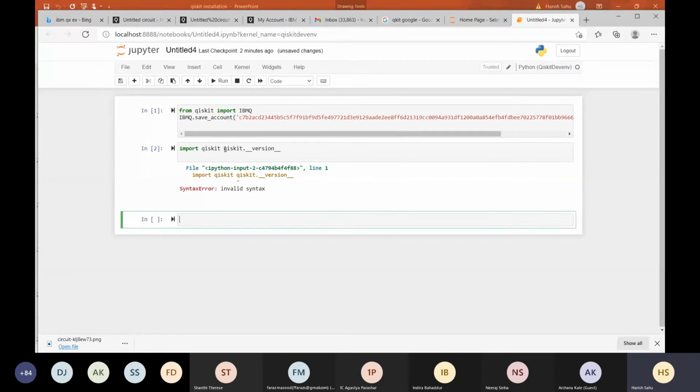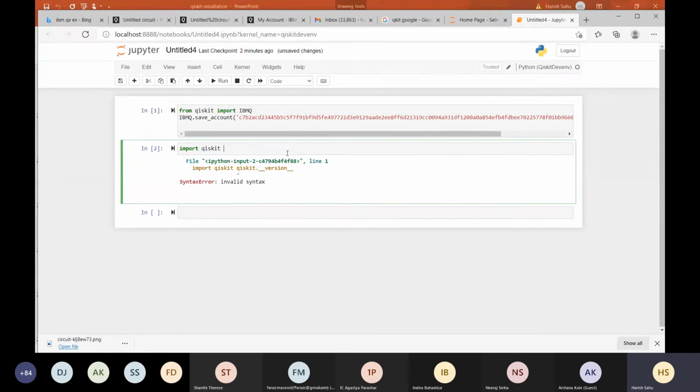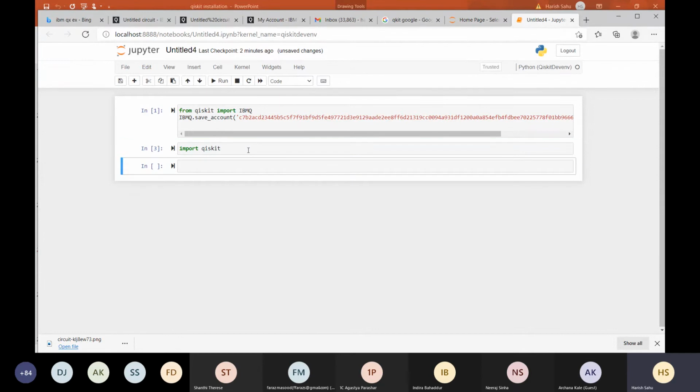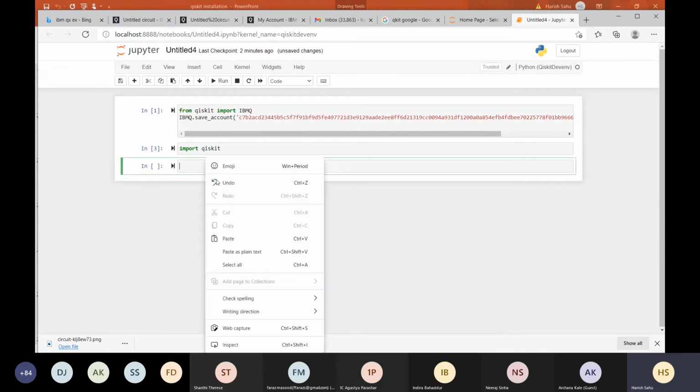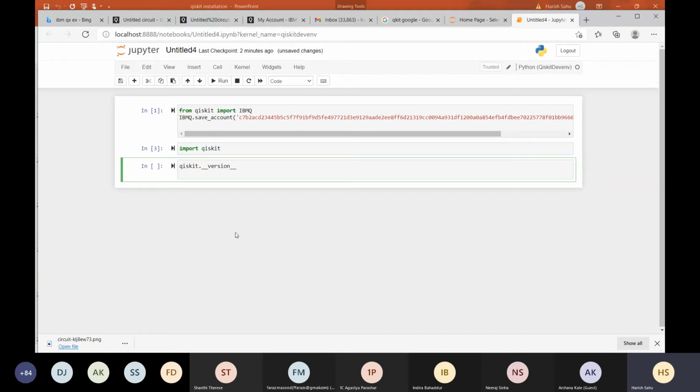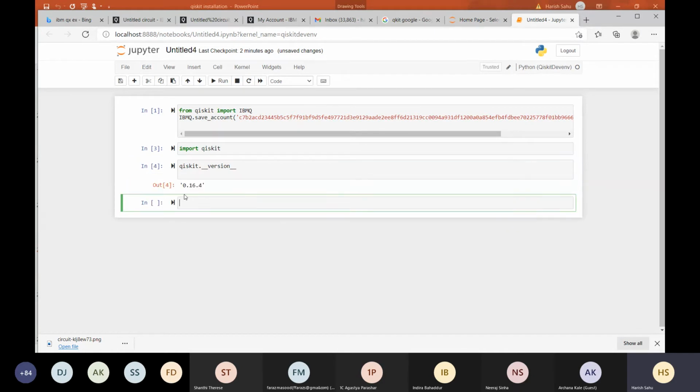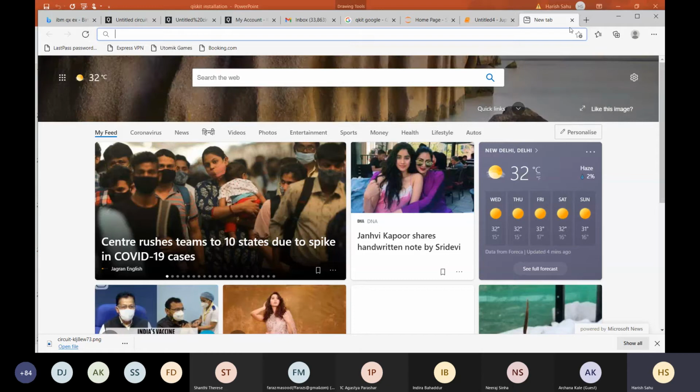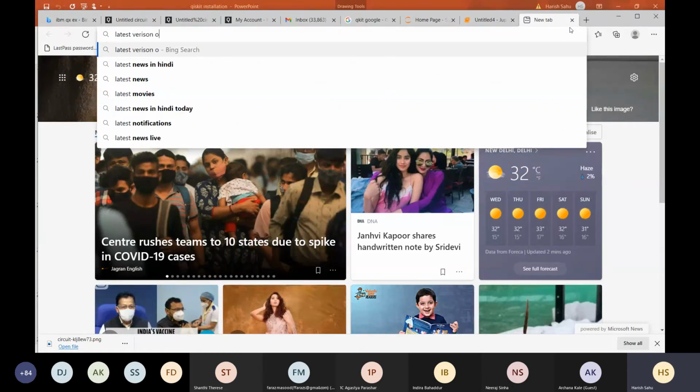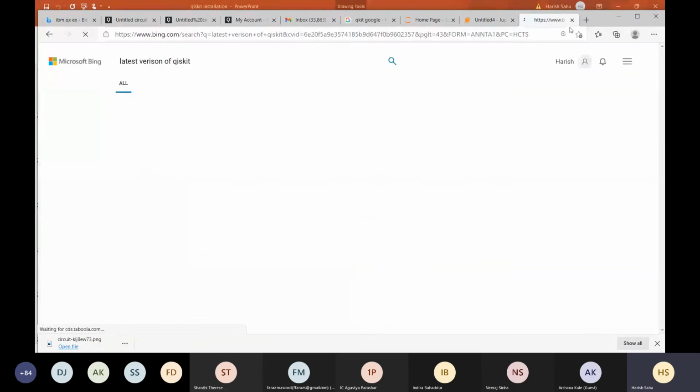Import Qiskit. Just cut it and rerun it with Control Enter. So Qiskit is imported. Now I am putting the other thing, Qiskit version, and Shift Enter. It is telling me that I am using Qiskit version 0.16.4. You can also see what the latest version of Qiskit is.